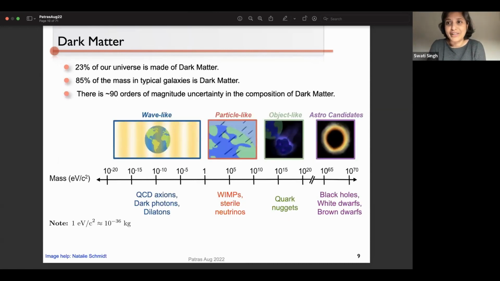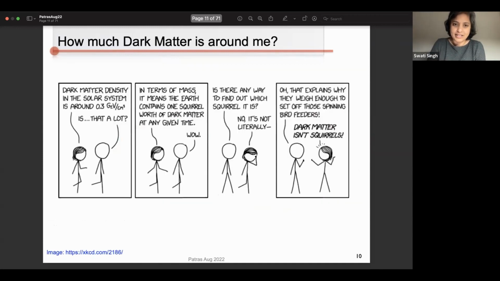And I'm sure you've heard a lot of talks about the uncertainty in dark matter. We know very little. There's about 90 orders of uncertainty in the composition of dark matter. And that leads to the fact that you need different types of detector depending on what dark matter is. So in Earth-shaped volume, there is estimated to be about 100 grams of dark matter, which according to this cartoon